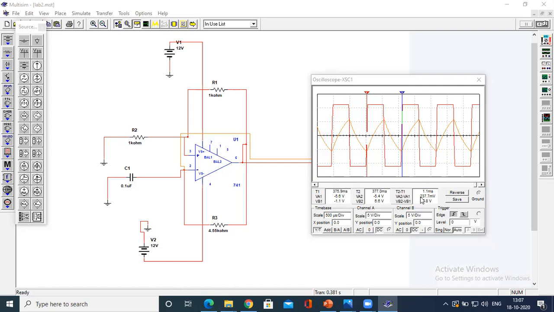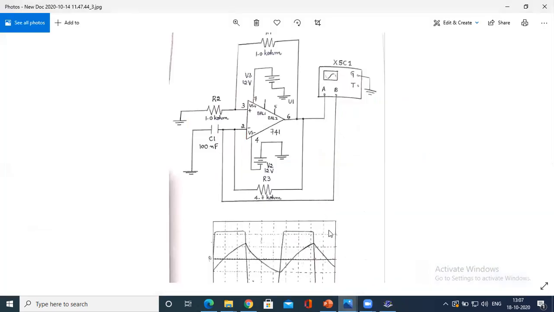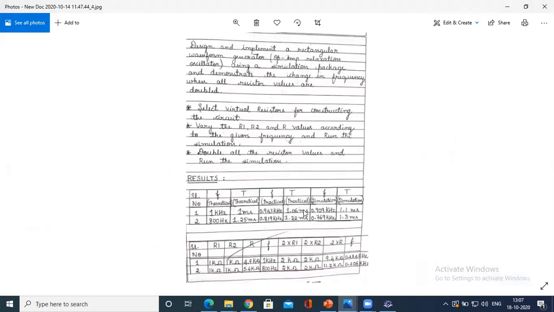Now you could see what is the difference between T2 minus T1. It is 1.1 millisecond. Is it matching with your theoretical value? Yes, this is matching with your theoretical value. Fine. So I'll show you the theoretical value here on the table. See here. Theoretical value is 1 kilohertz, 1 millisecond.